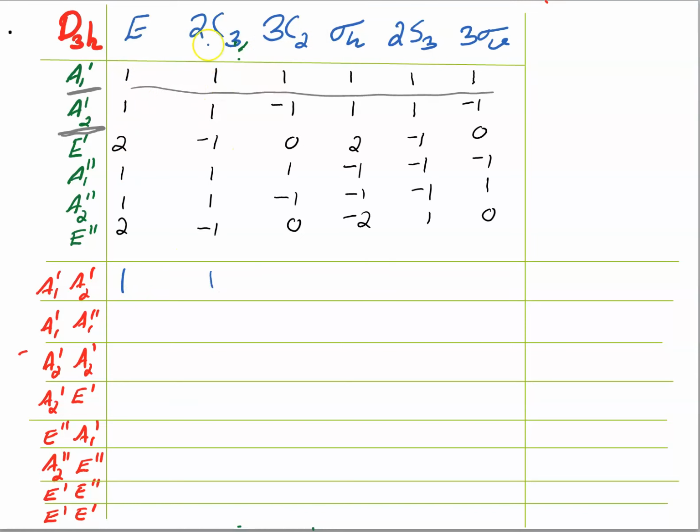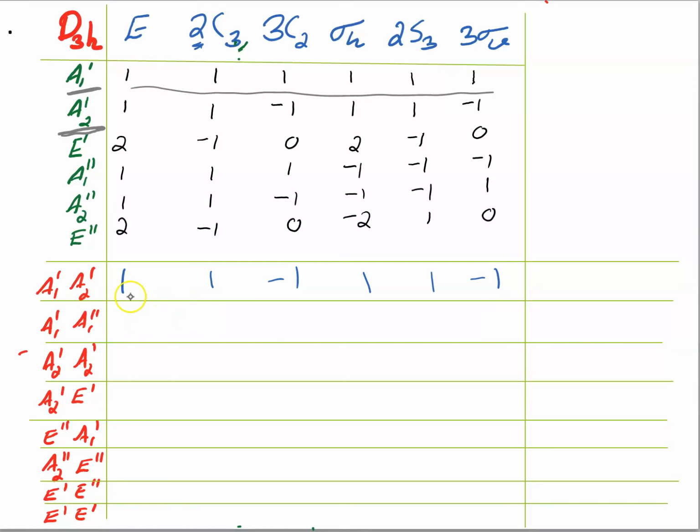Here there is no need to multiply with the number of characters, because that is not needed. We simply write the character of one of the element. We want to write only the character of one element, so no need of multiplying with the 2. Only 1 into 1. Here 1 into minus 1. Here 1 into 1. Here 1 into 1. 1 into minus 1. And what matrix is this?